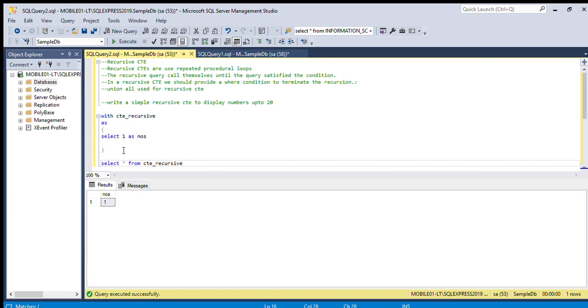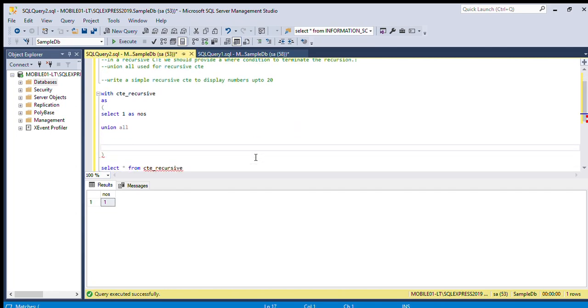So recursive CTE means this will call itself recursively. Okay. So we need to use UNION ALL, and after that we can use the same CTE.